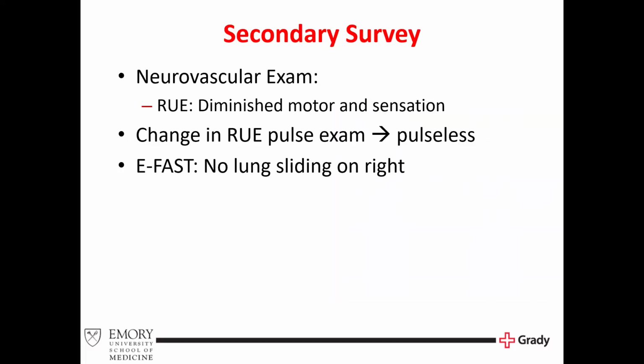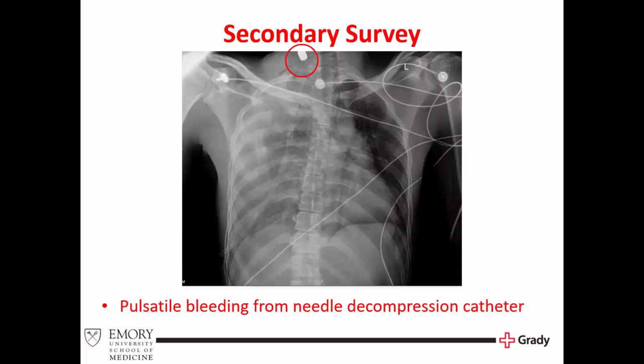However, during our secondary survey, we did have a change in his neurovascular exam. He started having diminished motor and sensation in his right upper extremity, and he went from having a palpable right radial pulse to then having a pulseless right upper extremity, and we were unable to get a Doppler signal at that time. We completed an EFAST, which showed no lung sliding on the right, so we proceeded with a chest